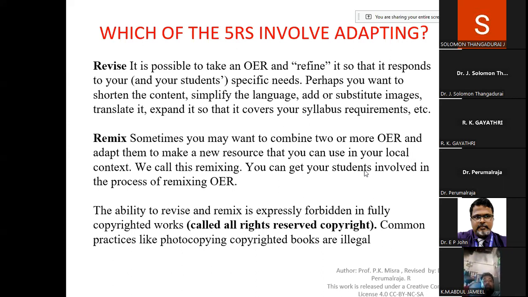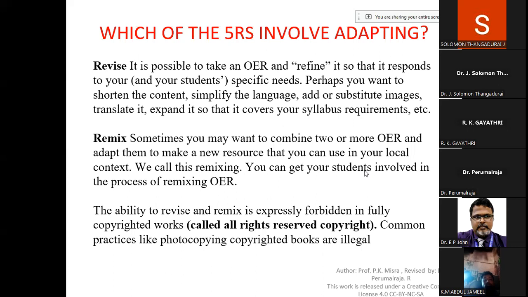And one more point: most of the time we say that putting the source of the material will help us escape the copyright aspects. Not exactly like that, unless it is an OER content. It is not that you are just doing fair dealing. Even if you put some name or something, it will be an issue again. There is a concept of plagiarism as well as copyright, and both are different. In the case of plagiarism, if you cite an article, you will avoid plagiarism. But copyright is different from plagiarism. I will discuss those aspects a little later.